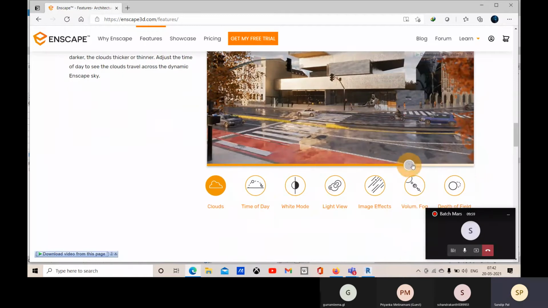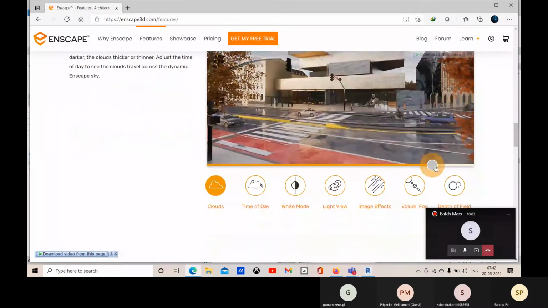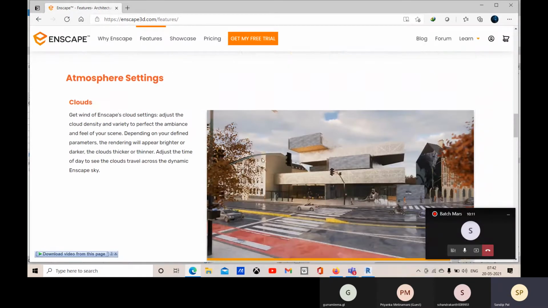You can see. Okay, so these changes can be applicable in our Enscape plugin as well.